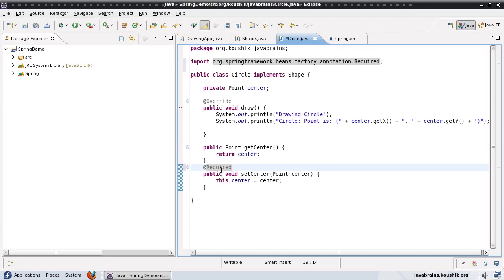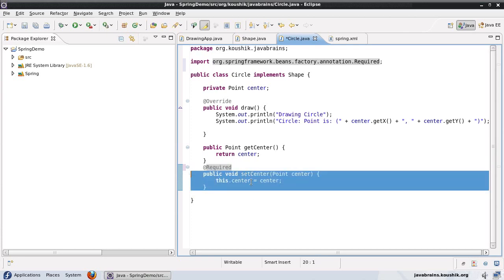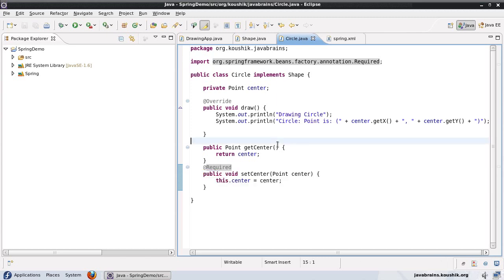Okay, so now this tells Spring that this is a required member variable, and if this dependency is not satisfied, Spring will not proceed with the execution of the application. It's going to throw an exception. I will save this. Now, in addition to marking this as required, and this can be any number of classes, say I have 100 classes in my application, I can mark all the required member variables of each of those classes with this required annotation, and that should